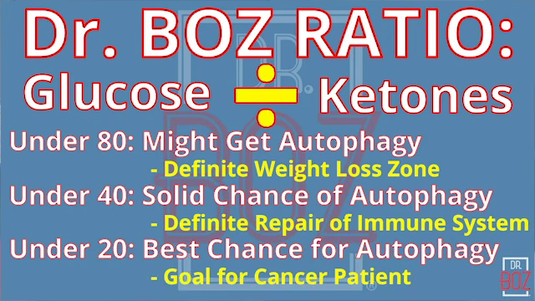Right. And this really is a way for us to measure what is your insulin. What is the Dr. Boz ratio really? What's the punchline that we're getting to is I want to know what's your insulin level. And when you look at people whose ketones are up there at 2, because this is the first time they've really challenged or charged their system by depriving it of calories, their sugars are still sometimes 80s, 90, sometimes I've seen them over 100. And it's because the body's saying, hey, we have a bunch of this storage that we can empty. Yeah, I can see that she's not putting as many calories in, so I'm going to charge up the production of ketones.